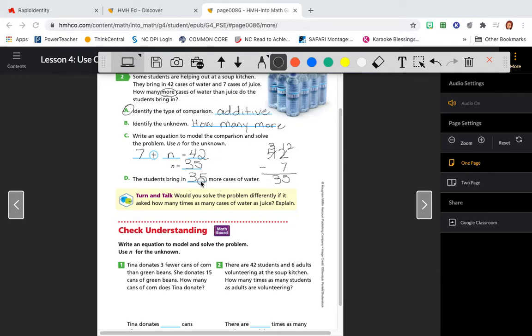Simple enough. So if you're multiplying and you need to use inverse operation to find your unknown, you divide. If you're adding and you need to find the answer or find the unknown,